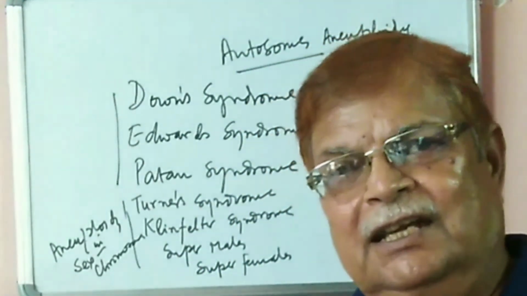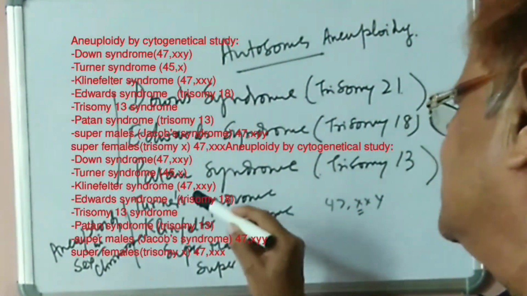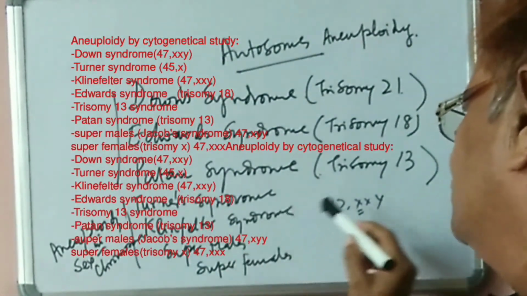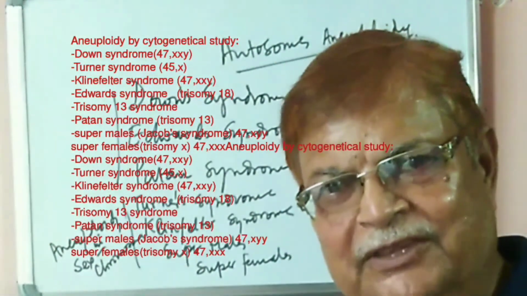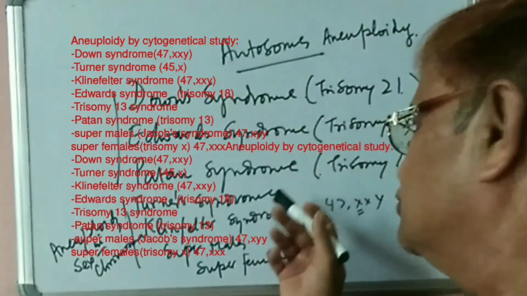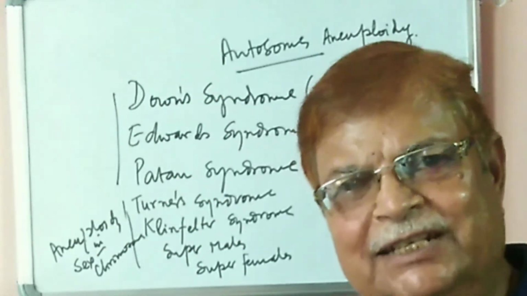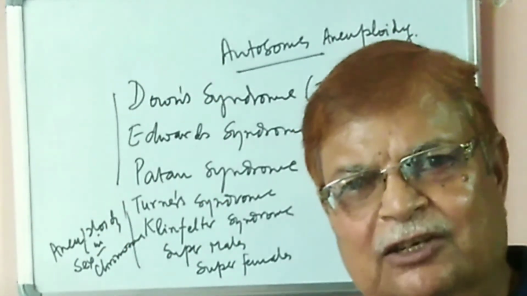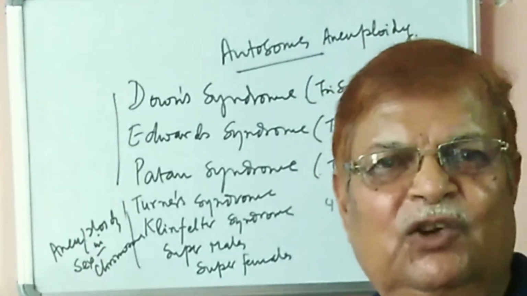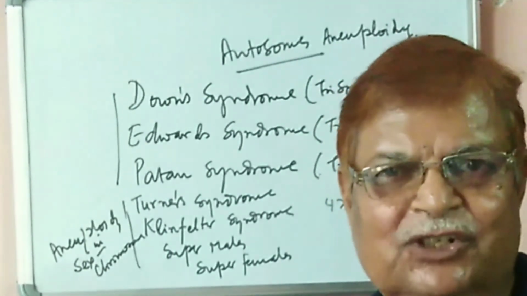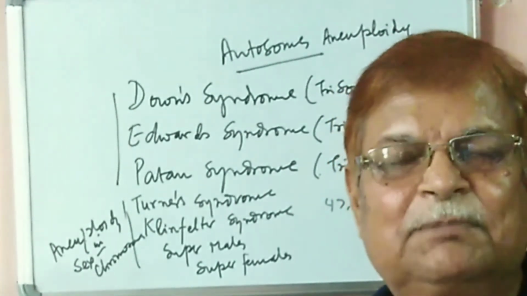And there are certain changes in the numbers of the chromosomes. In sex chromosomes, the Turner syndrome, Klinefelter syndrome, where one extra X is there. Super males and super females, they have got extra chromosomes. In Turner syndrome, one chromosome is less. So that way, these sort of aneuploidies can be visualized by the routine conventional light microscopic cytogenetical studies as well as by FISH technique, just to ensure or ascertain the findings, and then these findings are almost 100% accurate.